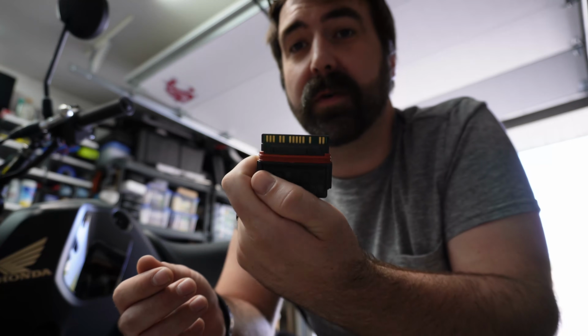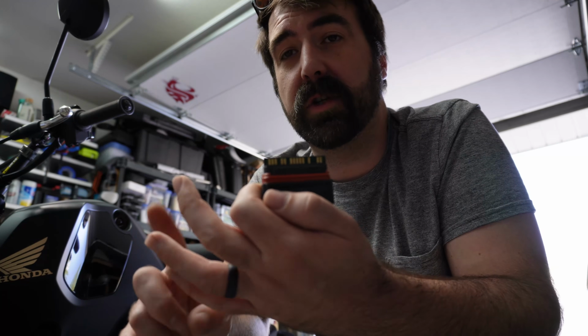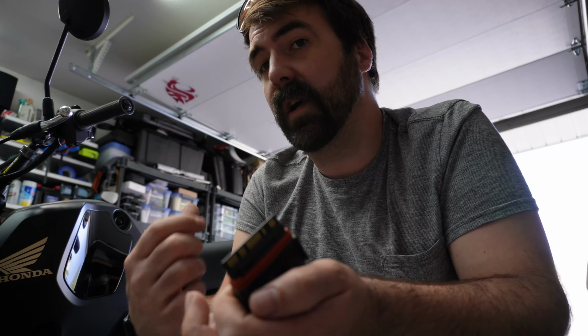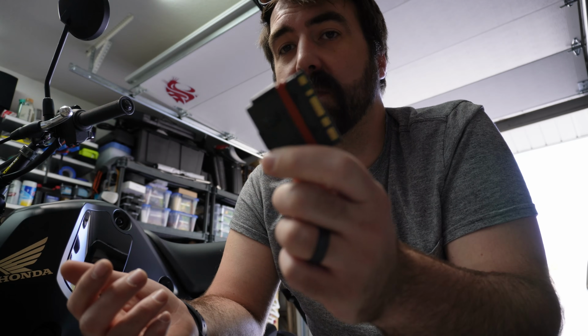This little guy controls your ignition timing and your fuel injection. And now that we've updated the intake to get more air in and the exhaust to get more air out, we want to make sure we're adding enough fuel in there. The changes that were done to this one by DHM are basically adding in more fuel and adjusting the timing map to make sure that we're safe, as well as making a